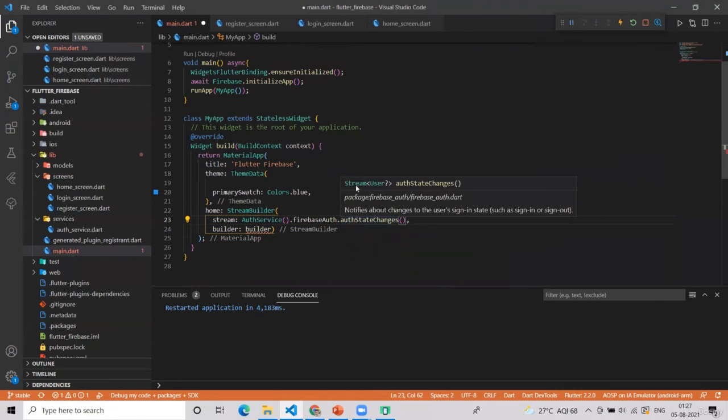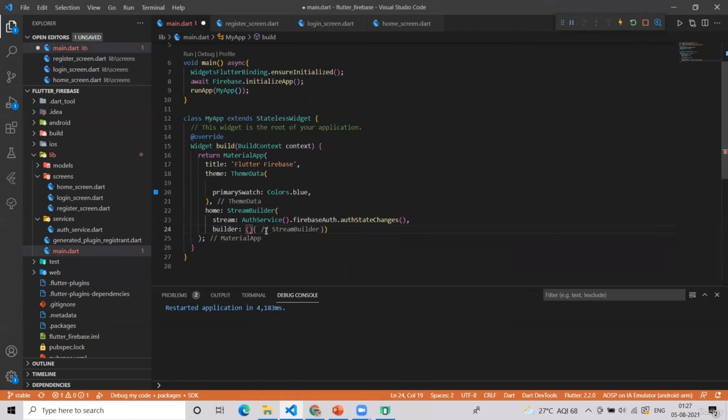If you hover over it, see, it gives us a stream with the user's value, notifies about changes to the user's sign-in state, such as either it's sign in or sign out. And since it's a stream, the data flows continuously.